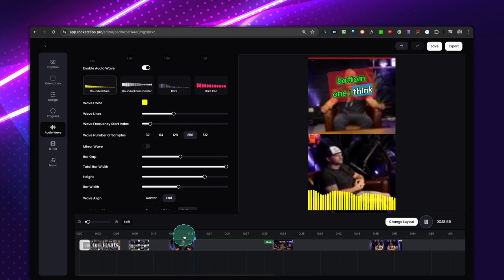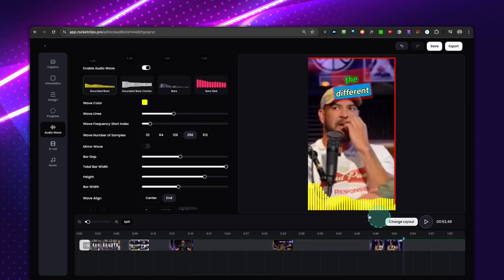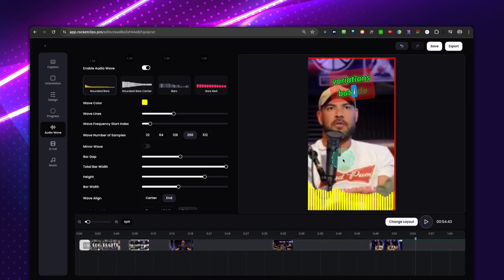Neglect. I see the bottom one. I think that's definitely one of the most neglected. So this would fit better with a one-person screen. Maybe we have it here somewhere. Yeah, like this. Variations, but